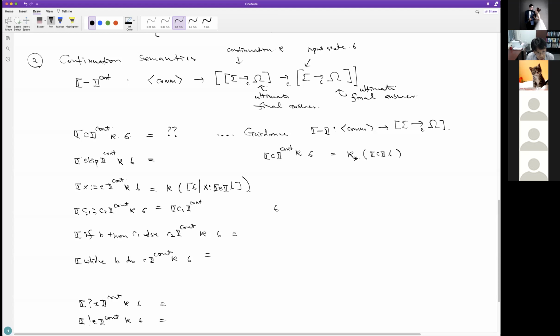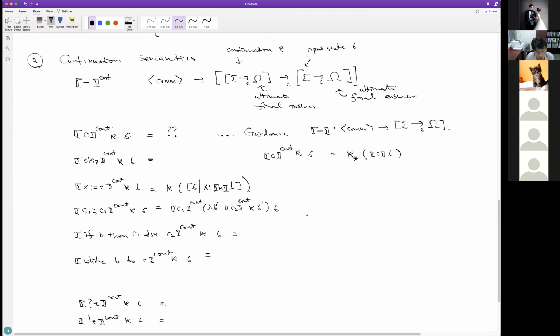So when you run C1, we know that after C1 we have to run C2 and then kappa. So the continuation here is now changed. This is a notation that represents a function. This continuation takes a sigma prime, and then it will have to run C2 and the rest of the computation. So that's why we are using something of this kind, continuation kappa sigma prime.